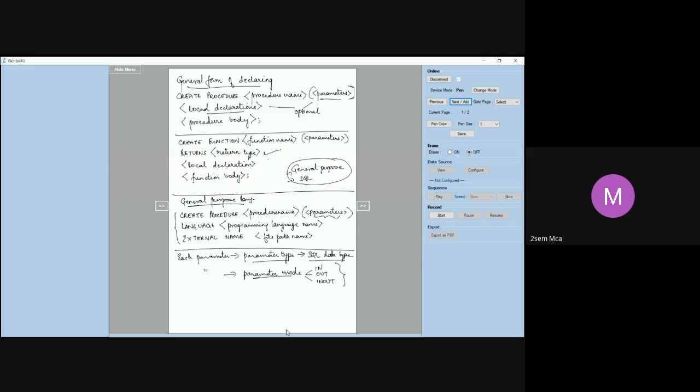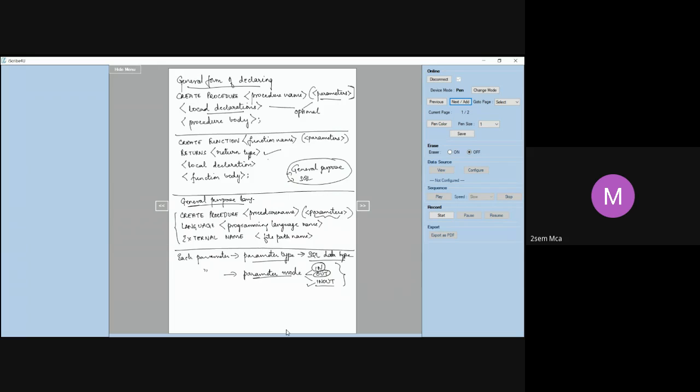What does this mean? For parameters whose values are input only, input parameters, I will make use of in. Output parameters only, that means they will return the values, return the results, I would call them output parameters. Or your parameter can behave both as an input parameter as well as an output parameter. Then I have to specify it as in out.